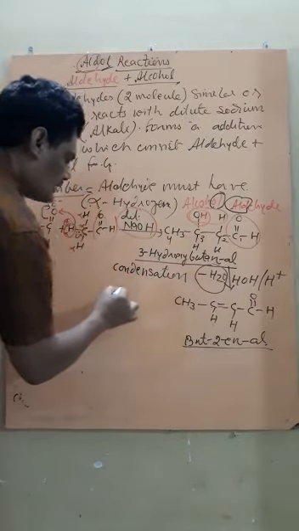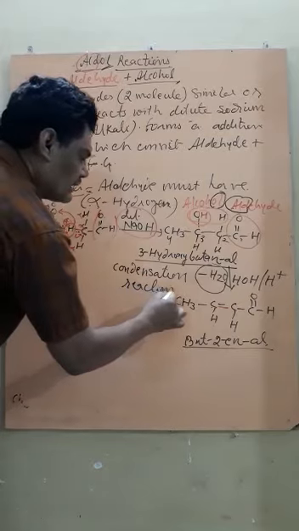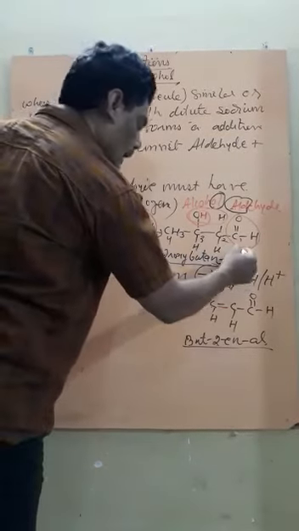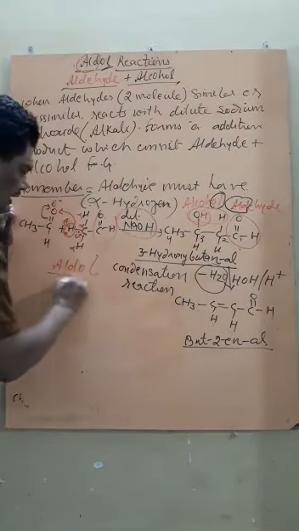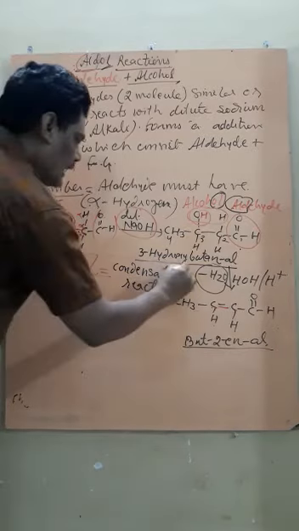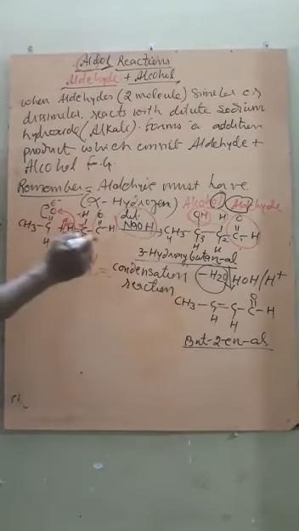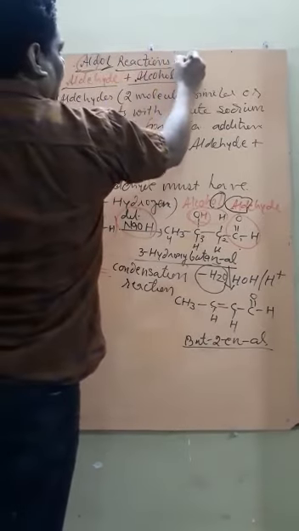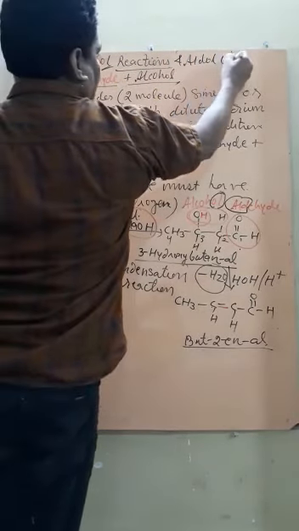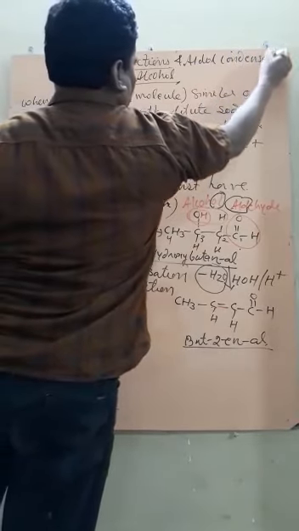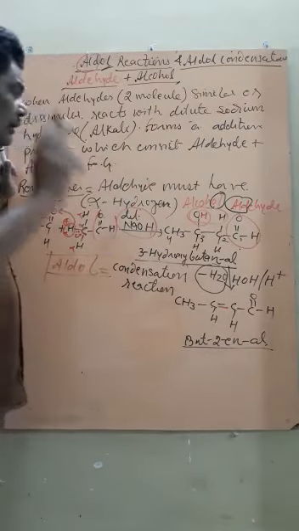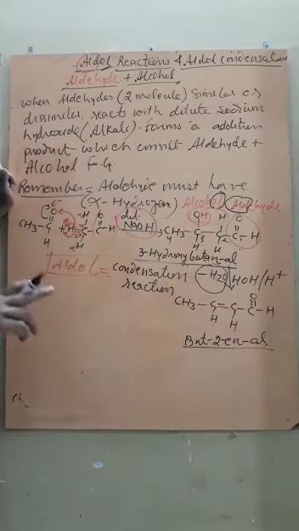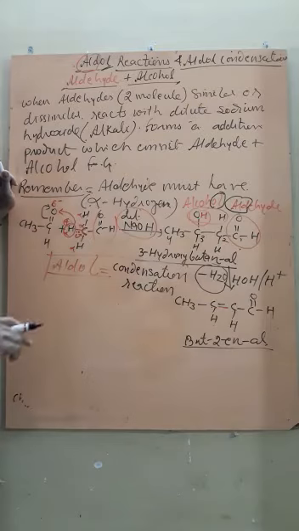Called condensation reaction. Now the condensation of what takes place? The condensation of aldol takes place, therefore this reaction is termed as aldol condensation. So now our heading becomes aldol reaction and aldol condensation. Condensation means conversion of aldol product into alkene. It's called condensation. Are you getting? Always remember, in this reaction, formaldehyde does not give such reactions.